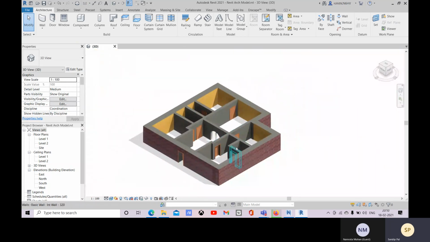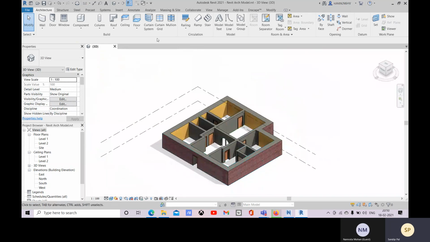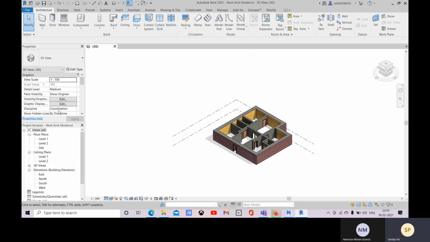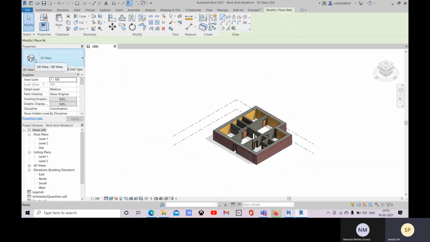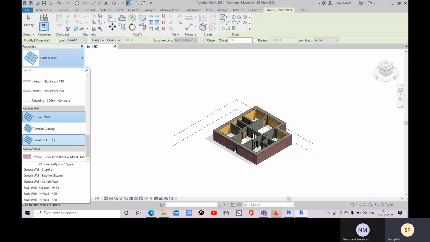For that, let me show you one more thing: we can create curtain grid and mullions, and after that we can add curtain grid and mullions like that. So for that, let me show you. W is the command, and you can open the curtain wall, exterior glazing or storefront. So let's go with curtain wall.